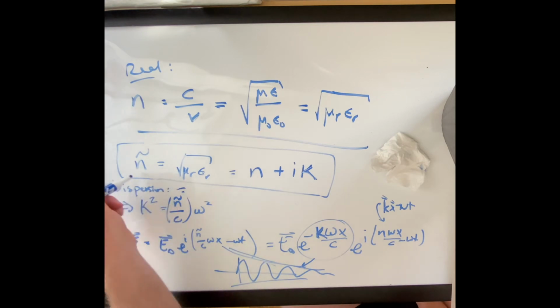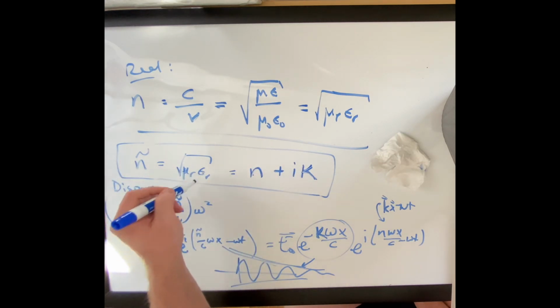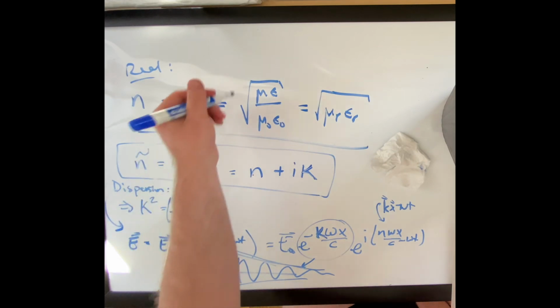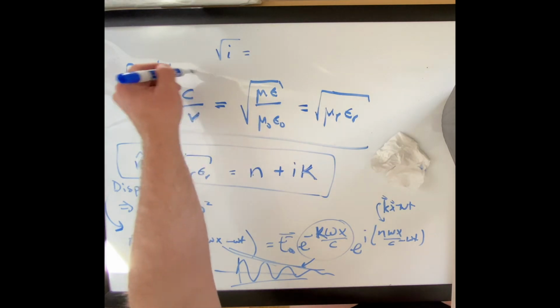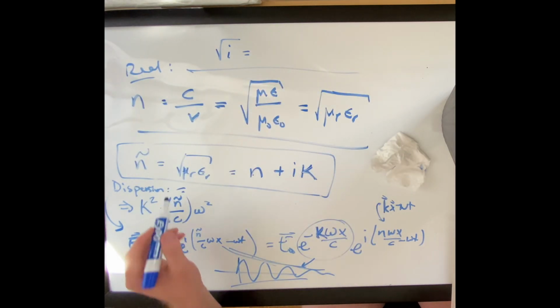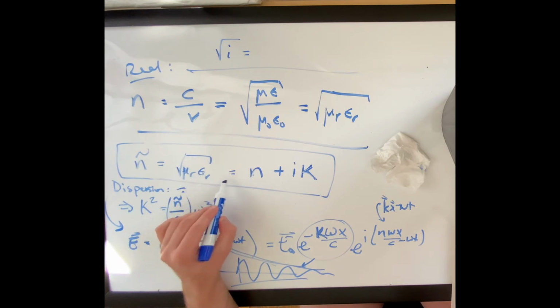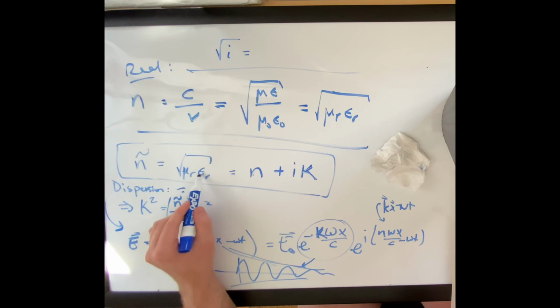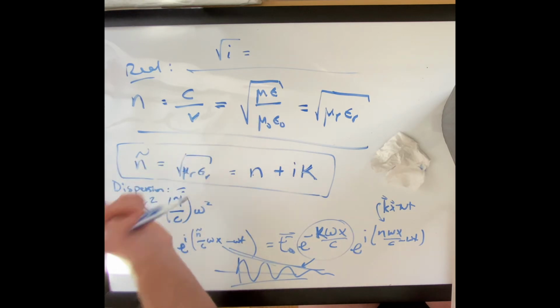And to figure out what n and k are from mu and epsilon, you might have to take a square root. That's why he did the thing where he took the square root of i. Remember, he was talking about this, and you're probably thinking, why are we talking about math? The reason is that if epsilon r is something plus i something, it's all in the square root, and so you'll need to